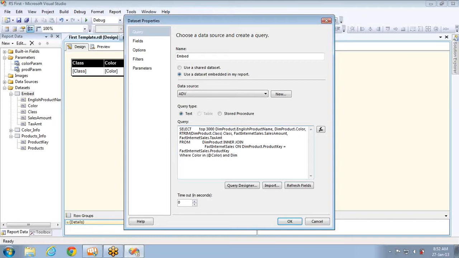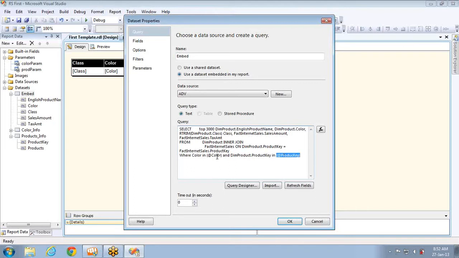Why? Because my value column is product key. I'm going to pass the value column here, so I have to filter based on product key here. DimProduct is the table name, dot product key in, I'm saying @product key. So this is my query parameter.